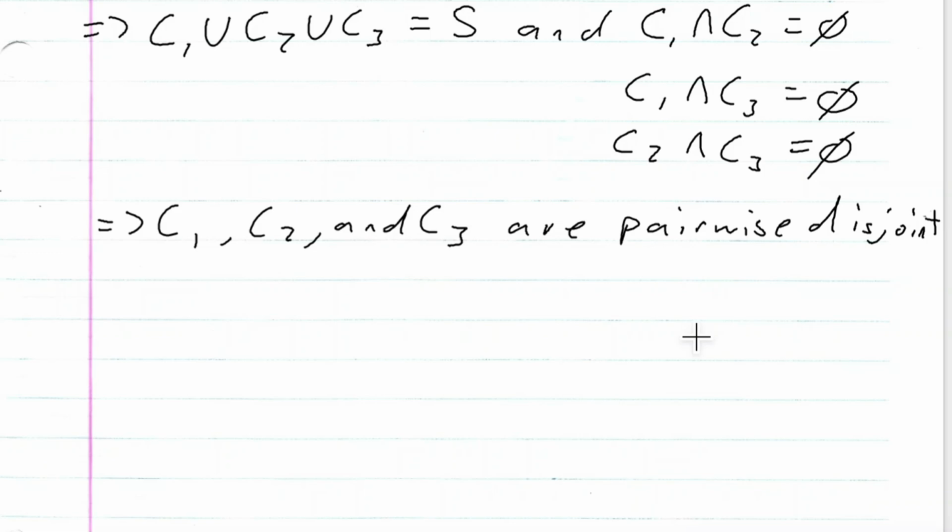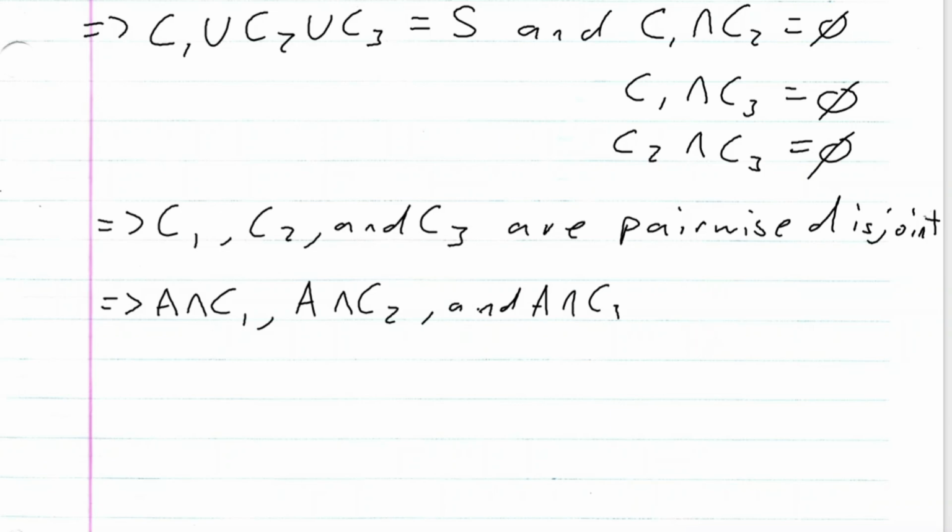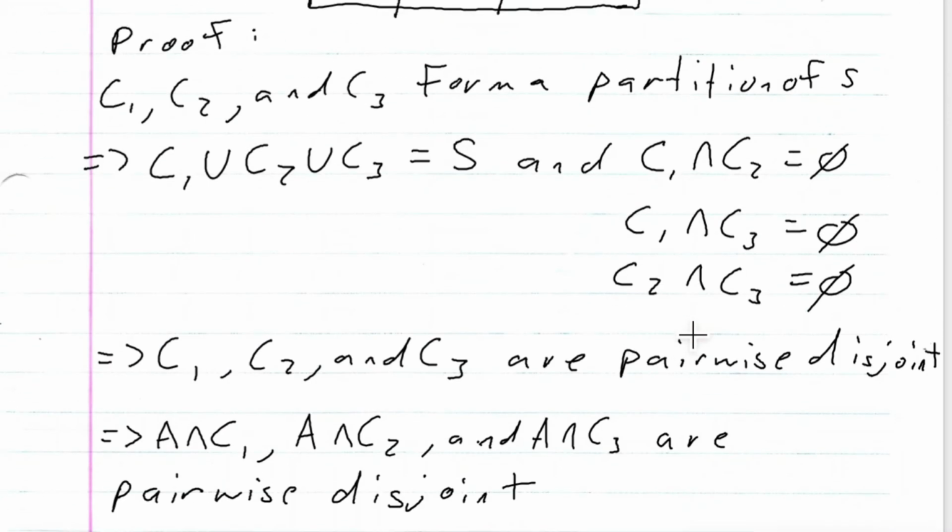So naturally, if these are pairwise disjoint, then surely A intersection C sub 1, A intersection C sub 2, and A intersection C sub 3 are pairwise disjoint. All right. So that tells me